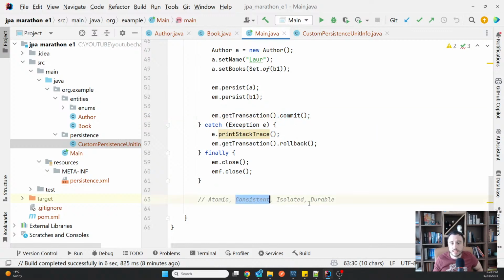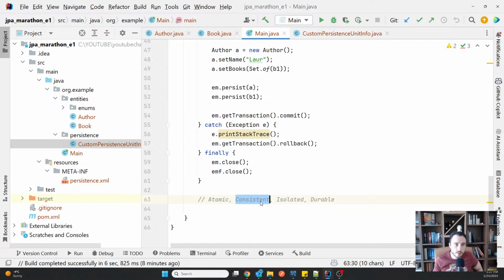And then we have the consistency, which can be influenced by the isolation of the transaction, meaning how consistent can we keep the data in the tables when we run multiple transactions at the same time.